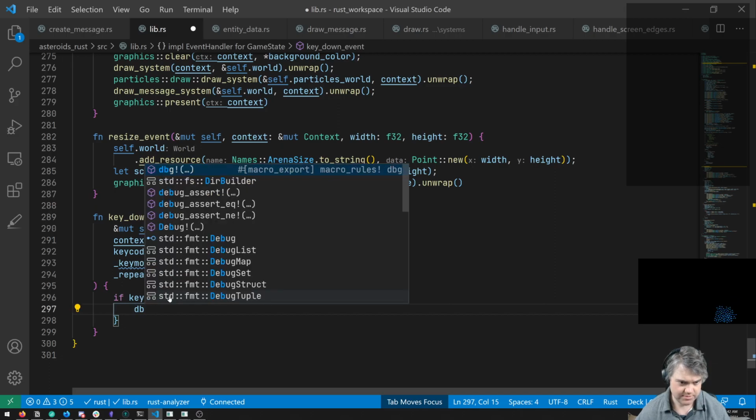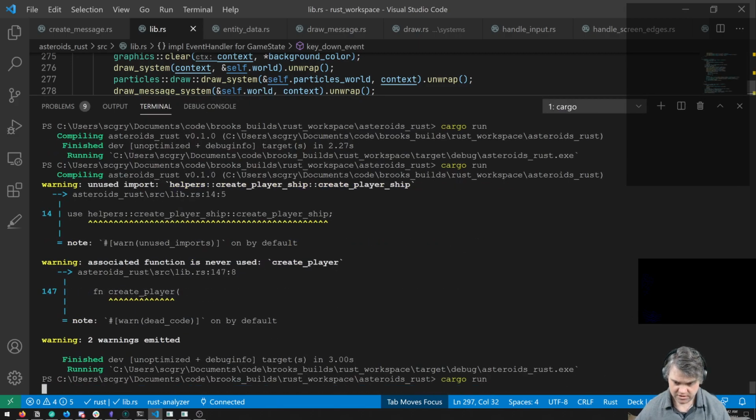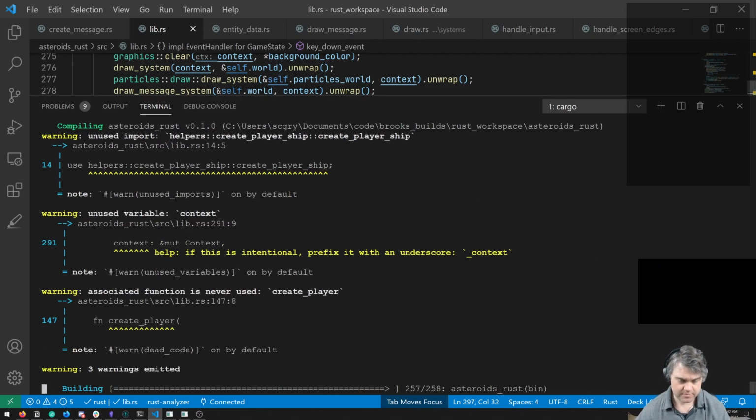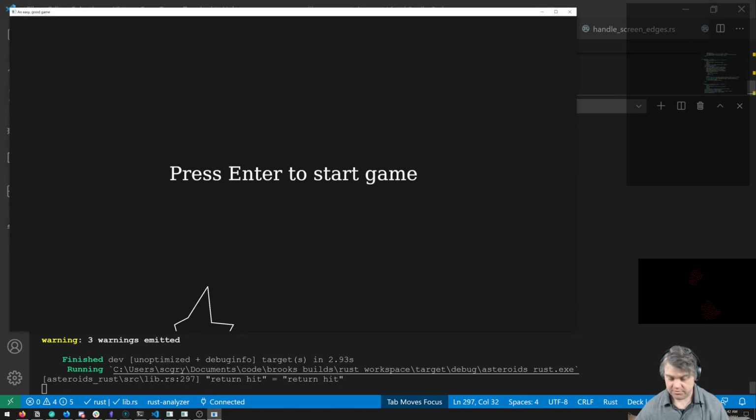Then let's just do a debug of return hit. So if I do that, we run our code, and there, return hit, perfect.